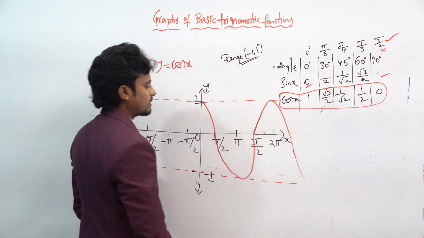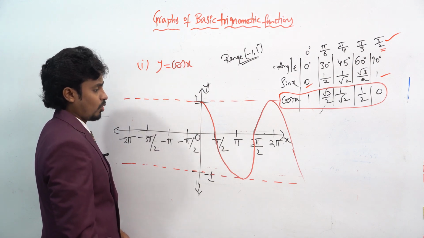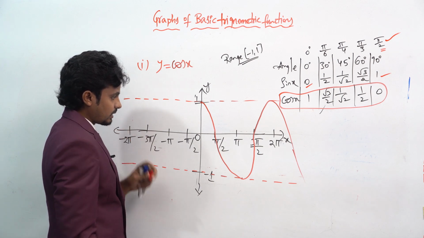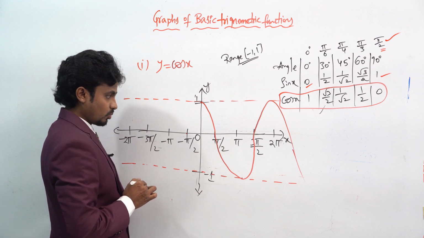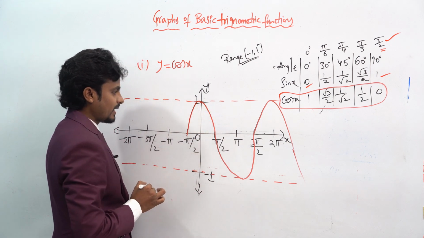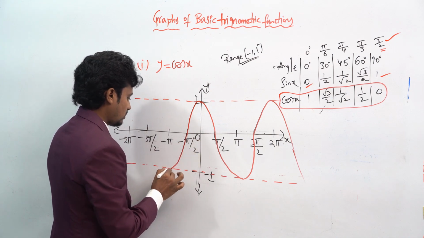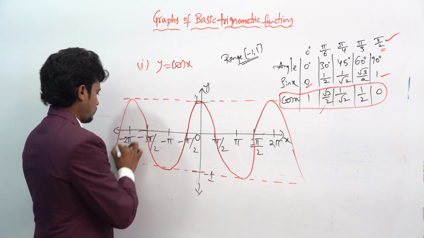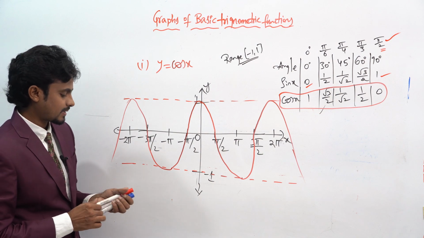So the plot will be like this. Okay, similarly if you want to draw for the negative side, what will you get? Here minus pi by 2 means that will also be the 0. So minus pi, that will be the minus 1 here. In this way we will get the plot for y is equal to cos x.